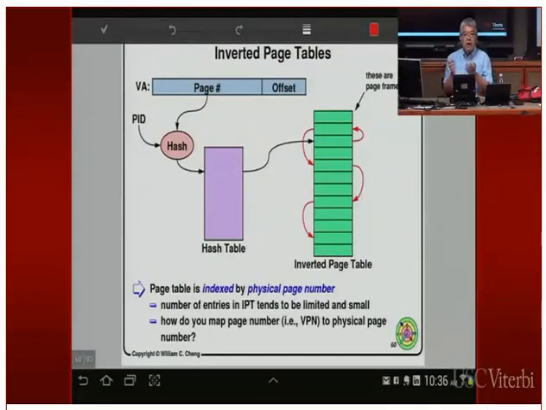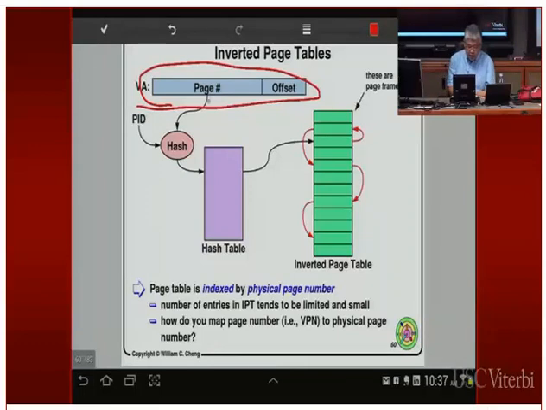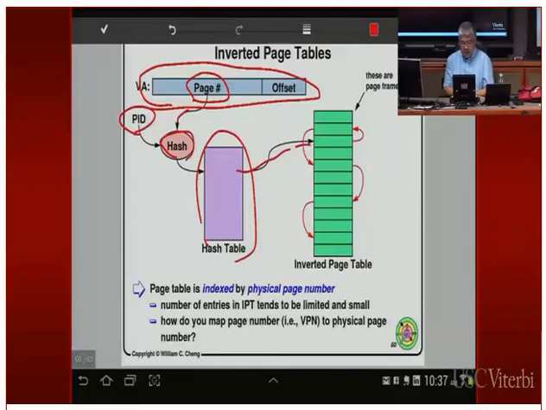So when you're running a particular user program, it generates a virtual address to reference a piece of virtual memory. So what you would do is you would take the virtual page number, add it together with the process ID and feed all this information into the hash table. This hash table is also going to take the process ID, so it's different from the previous case, and this one is going to give you a global hash table. You follow the global hash table entry, and that will give you one place into the inverted page table.